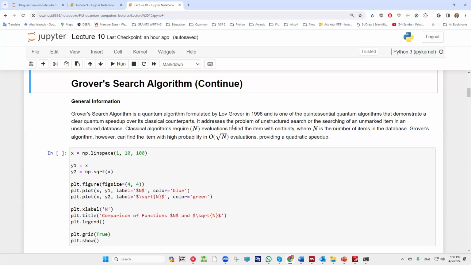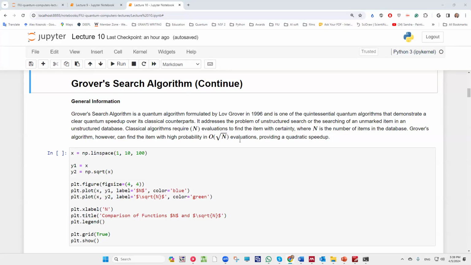This list of elements can be phone numbers, it can be words, it can be some links on the internet, it can be a list of names,